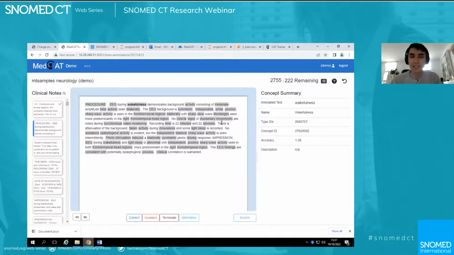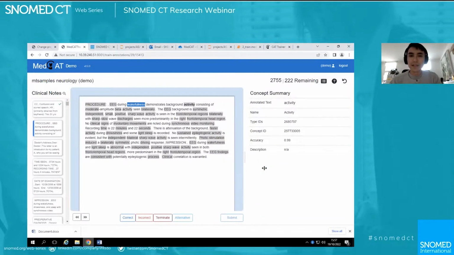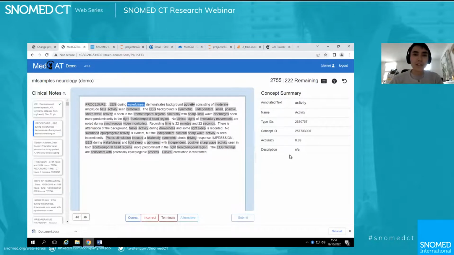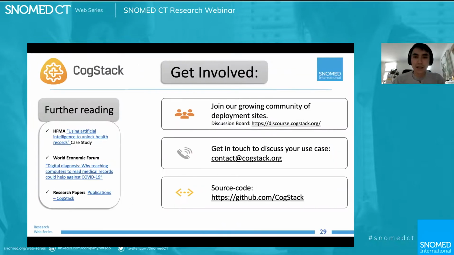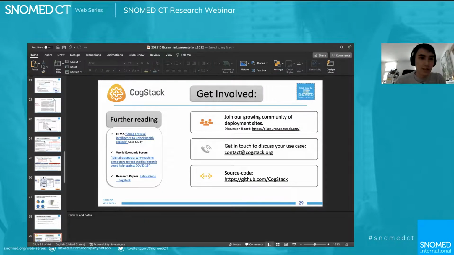So, okay, wakefulness, does it mean wakefulness? We're going to say yes, it does. And in this funny case, there is no appearance, but usually on the box on the right-hand side, there are these meta values. So if I go back to my slides, I can demonstrate what it looks like.